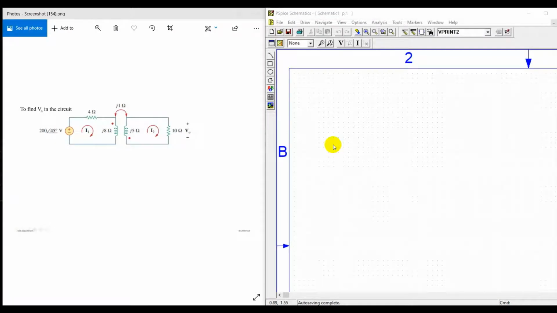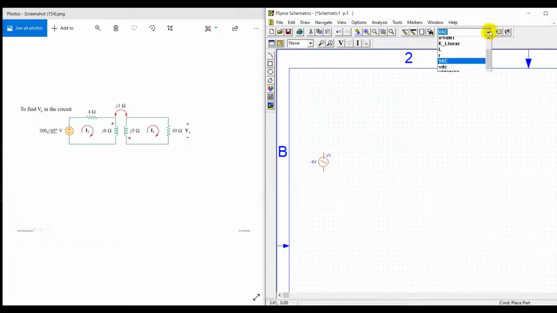Now let us begin the simulation in PSpice. For this experiment, we need an AC source, two resistors R1 and R2, and let us place them accordingly. We need two inductors and let's place them accordingly.